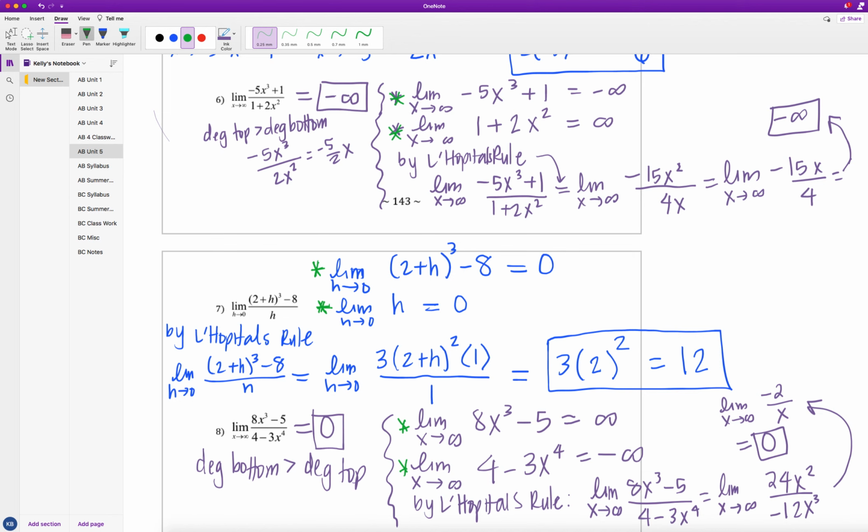You can actually use L'Hopital's rule more than once, so I could apply it again if I needed to. I would just have to show that the conditions are met. So I'd have to show the limit of the top and the limit of the bottom again for our new limit. But in this case, like on example 8, instead of doing L'Hopital's rule again, it'd actually be easier to just reduce down that fraction and then do a direct sub in from there. So that is what learning target 5A is about. It's a nice revisit to limits as we kind of recap and finish up this